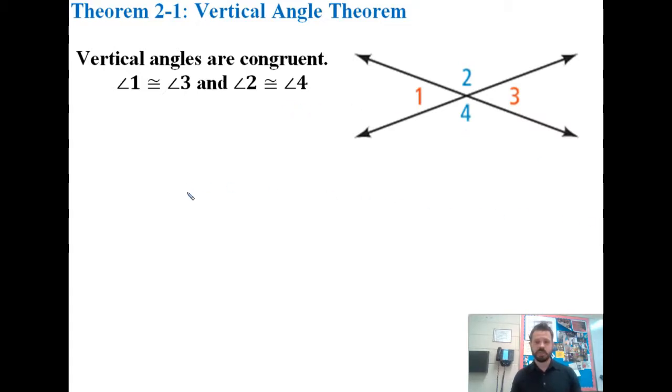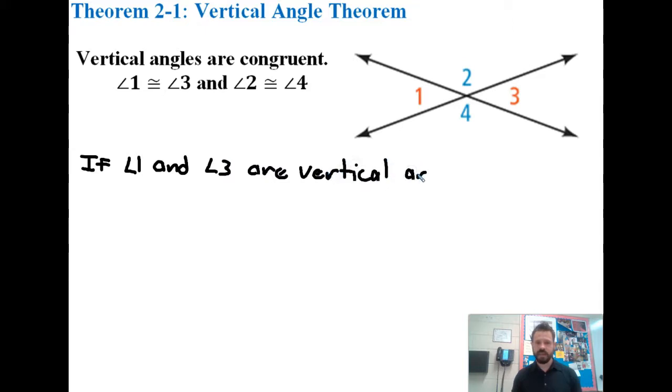Now let's show you quick what a proof would look like. Again, this uses our deductive reasoning, our chaining conditional statements together. You don't need to copy this down, but we'll show you how this works just so you believe that vertical angles will always be true. Okay, we'll start off with an if. We'll say if angles 1 and angle 3 are vertical,